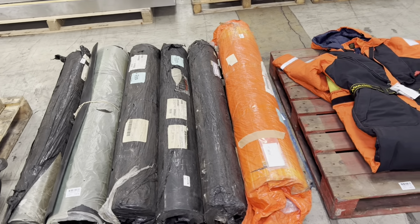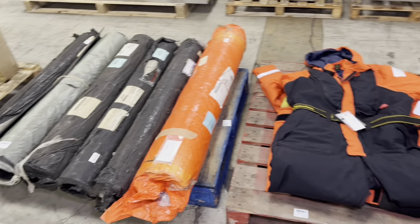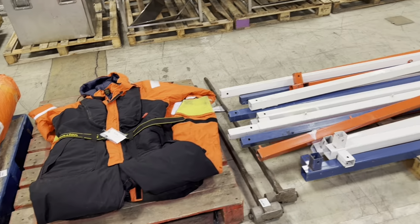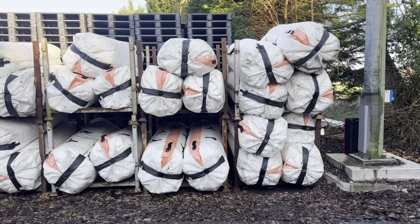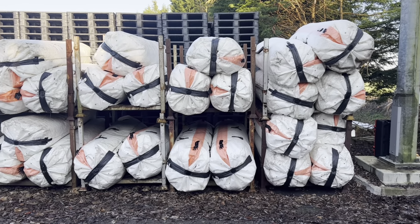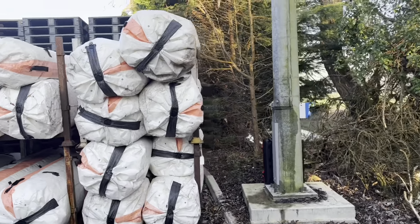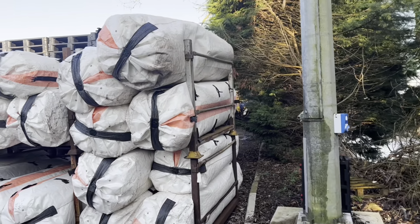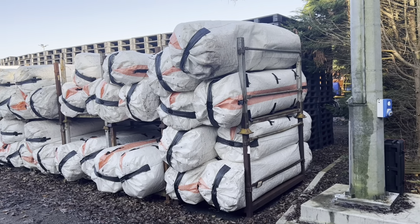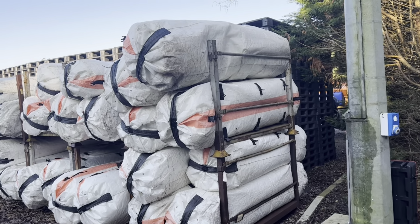Okay, we've got 6 rolls of rubber sheeting wrapped up there. Okay, so we're looking here at lots 1981 through to 83. It's just an example so you can appreciate the size of them. These are the Alsamex fall arrest units. They're 2.1 metres long. Please note that stillages aren't included, but this will be a small portion of